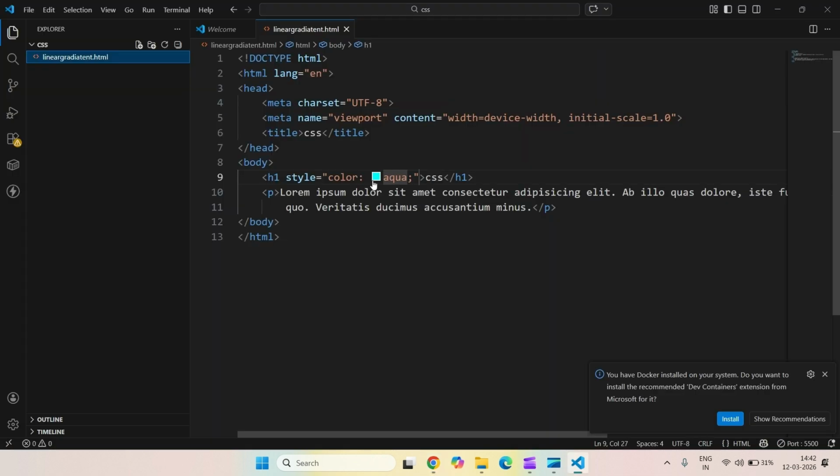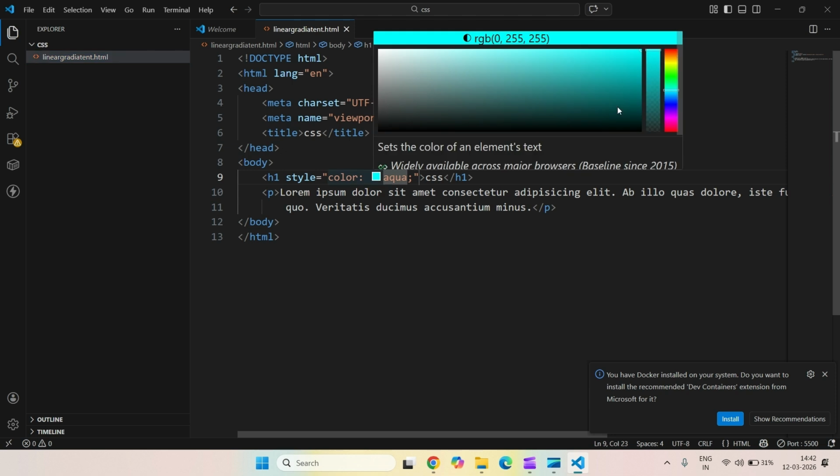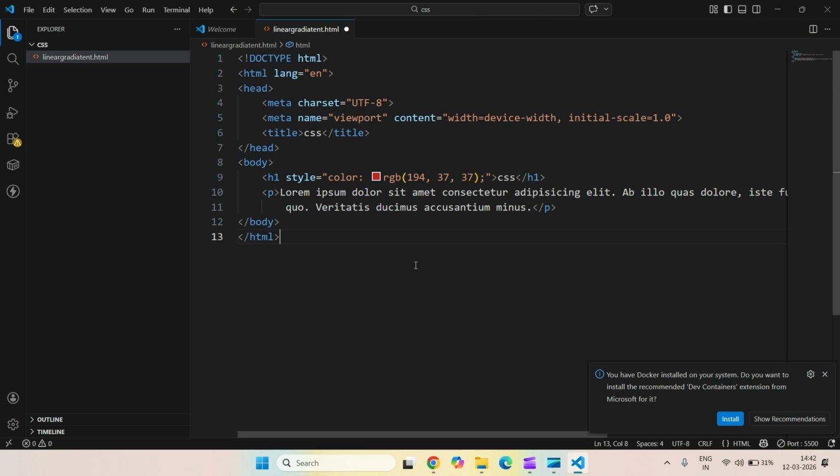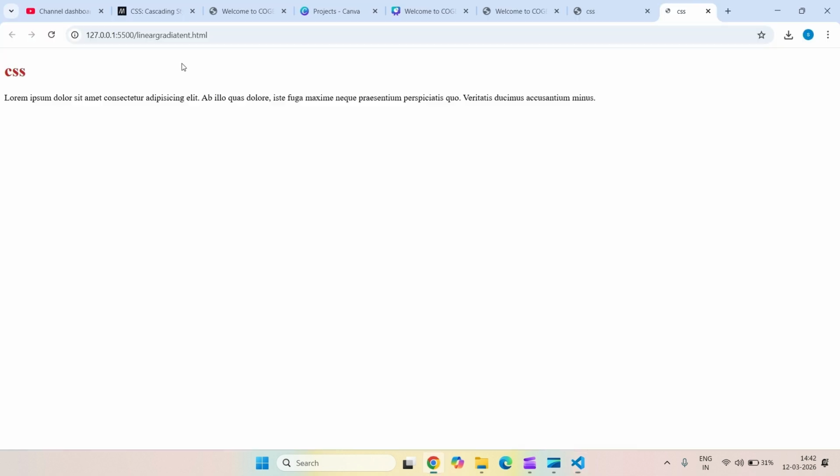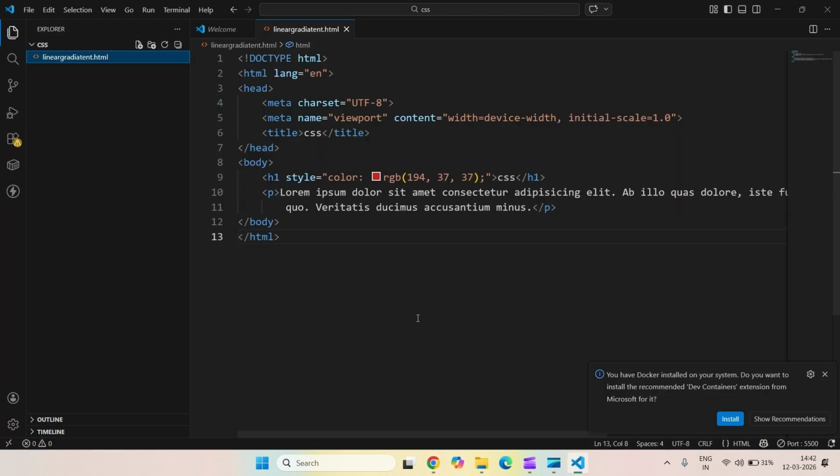If the style is written for giving red color, save and see red color. If the style is written inside the tag itself, it is inline CSS. It has higher priority. Then another type is